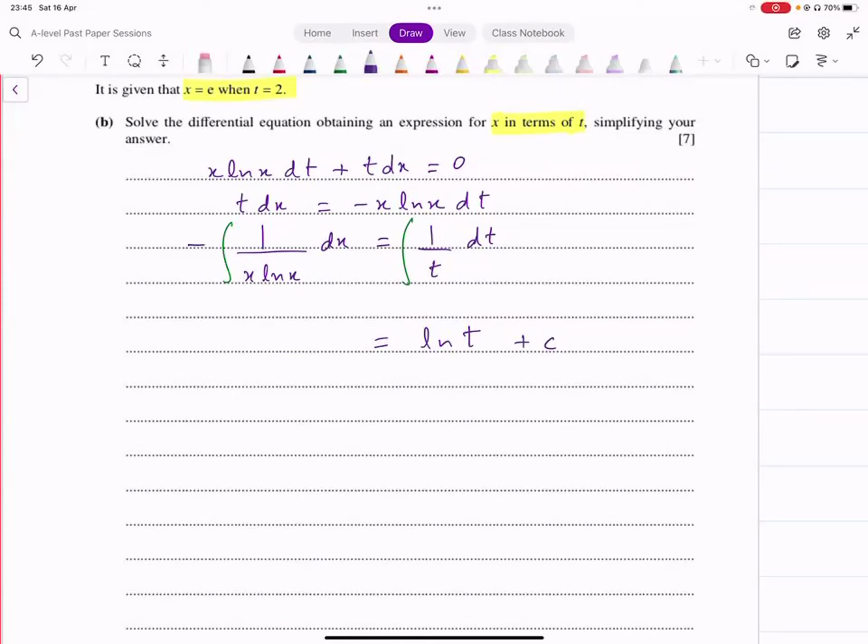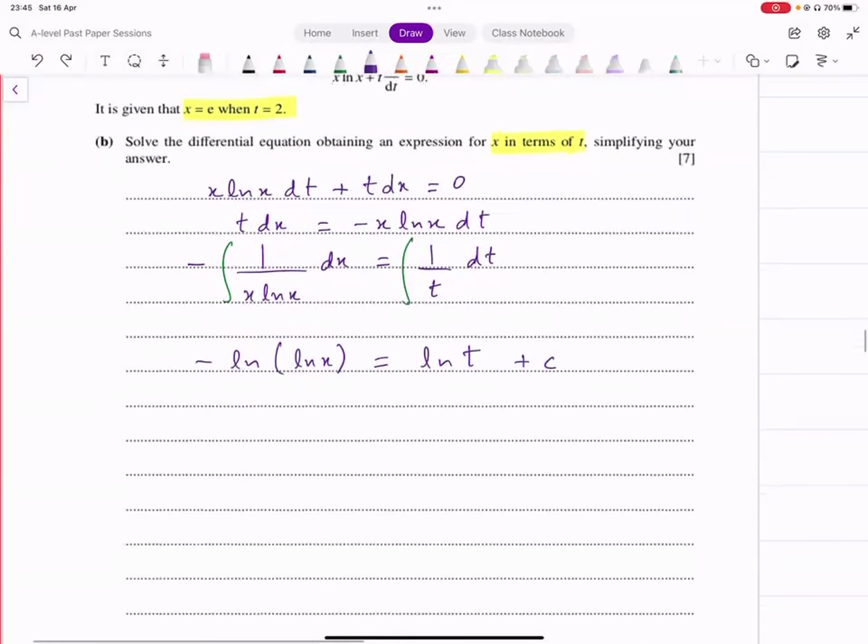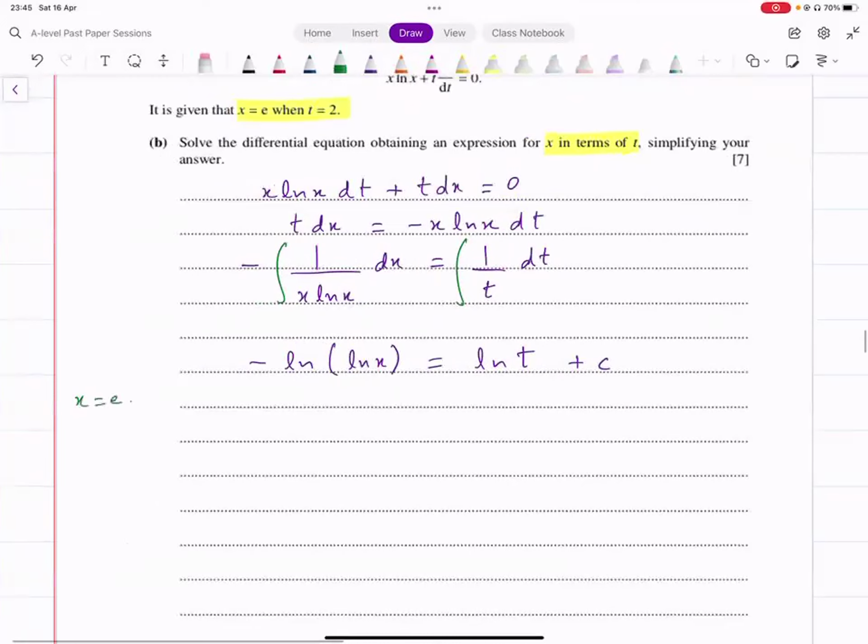अब जो अंदर वाले part का integral है that is minus ln of ln x. That's the integration, ठीक है। अब हमें क्या करना है? इस constant को evaluate करना है. We've got a point x equals e when t equals 2. Let's input that. x equals e, t equals 2, ये यहाँ पे input कर देते हैं।